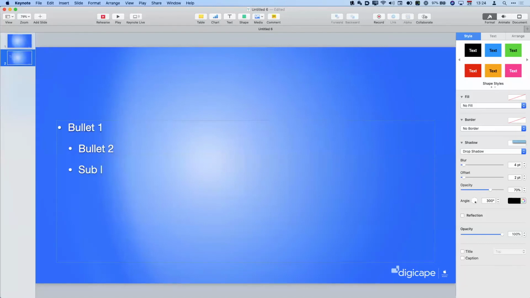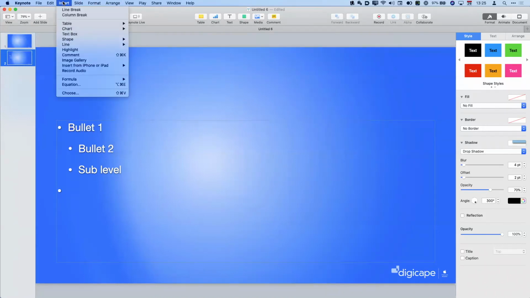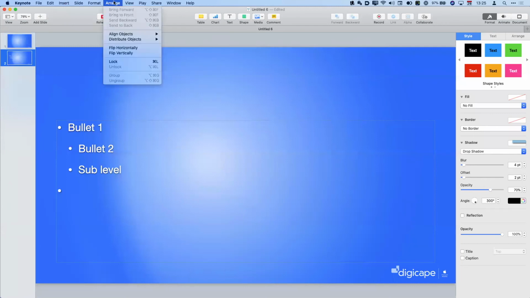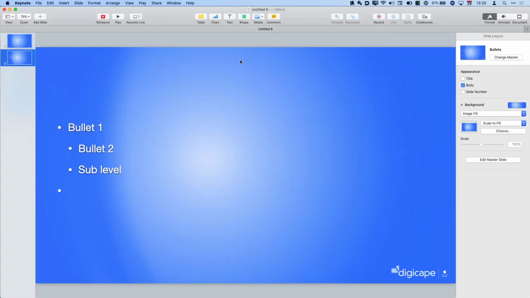Let's say sub-level. And if I wanted to go back another level, I hold the shift key down and type tab, and it goes backwards. So in this way, I can have my master themes, I can have sub themes, and move backwards and forwards within there. But if I wanted to create my own, there is no menu command that says insert a bullet list. There is an option to arrange your bullets, but if I wanted to make my own, and this is a little hint that works in Numbers, Keynote, and in Pages,